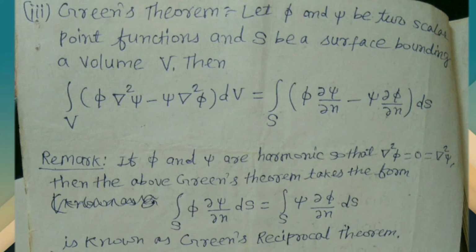Now we will see the incompressible fluid. What is an incompressible fluid? A fluid is said to be incompressible if it requires a large variation in pressure to produce some appreciable variation in the density.